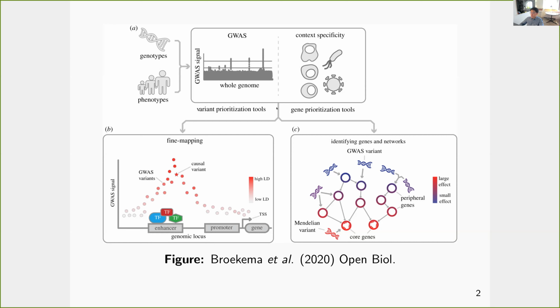As Kushal has shown in his excellent lecture already, you go from the SNP to the gene level mapping, and then you can identify interesting genes and networks in the context of functional genomics, and of course the genetic component of functional genomics, right? Because there are other contributors to it, just like any complex trait. But on the other side, panel B is where we are interested. We're going to find the actual, what we call the putative causal variant,